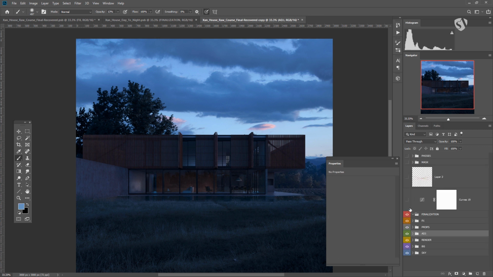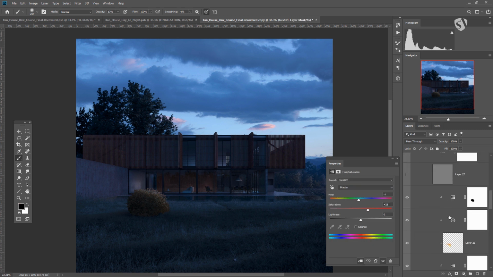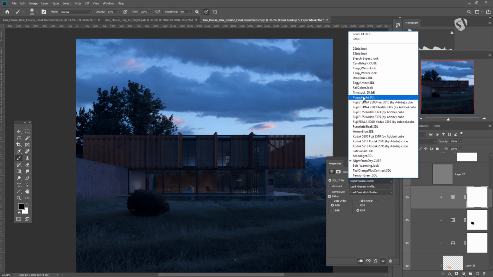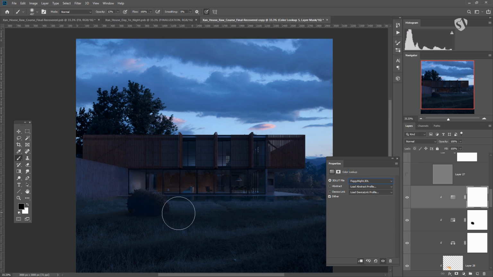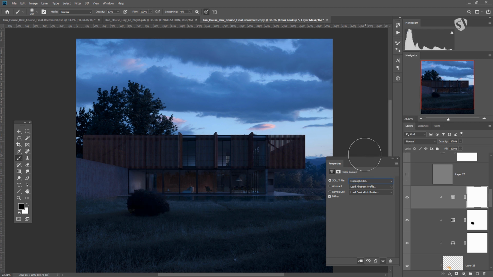Because we are pretty happy with the result till this moment. So I go back with the bush. This is the top bush, and I'm going inside. And this time I'm going for a color lookup, and of course you can try the night from day, but this would be probably too strong. The bush is already dark, so I will try with foggy night, and this works a little bit better, even if it's not perfect. Probably maybe moonlight,